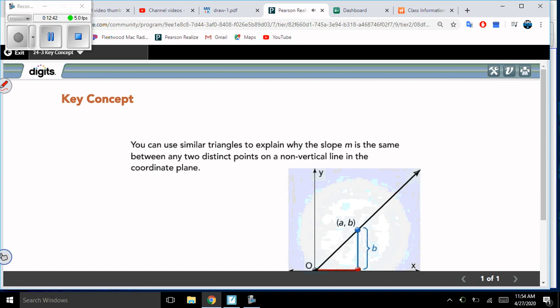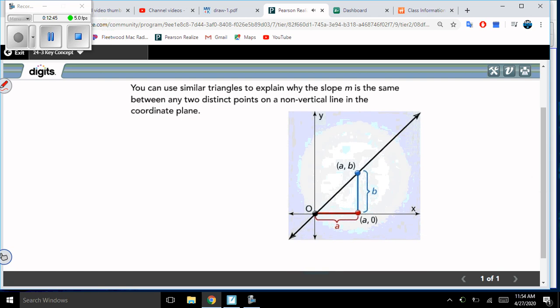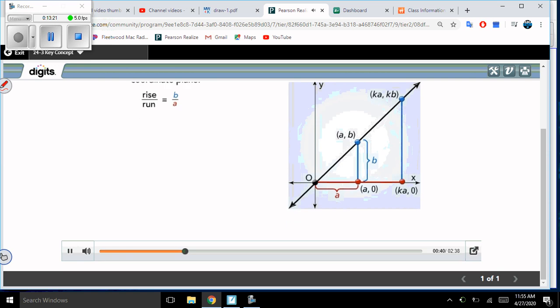You can use similar triangles to explain why the slope m is the same between any two distinct points on a non-vertical line in the coordinate plane. If you begin with a line passing through the origin and the point AB, the ratio of the rise to the run of the triangle is B divided by A. Now dilate the triangle by scale factor K with center of dilation at the origin. The ratio of the rise to the run for the dilation is